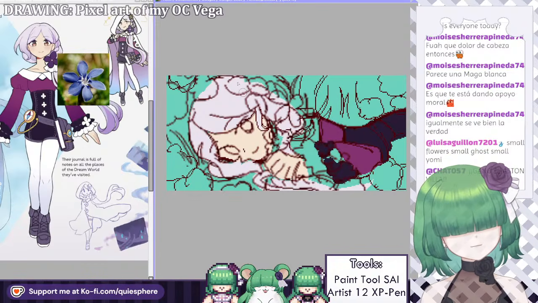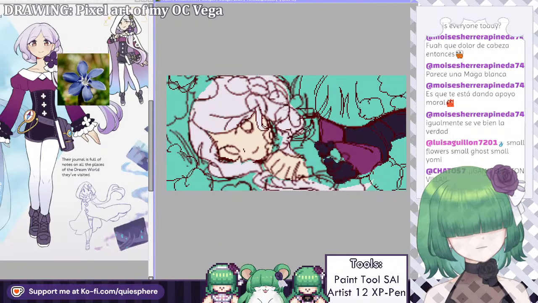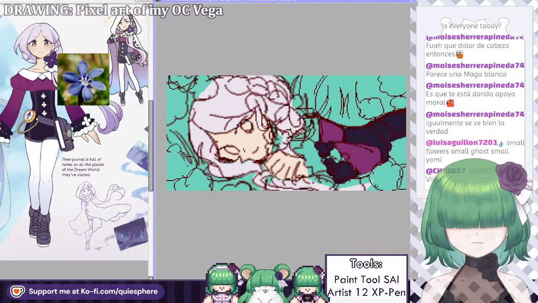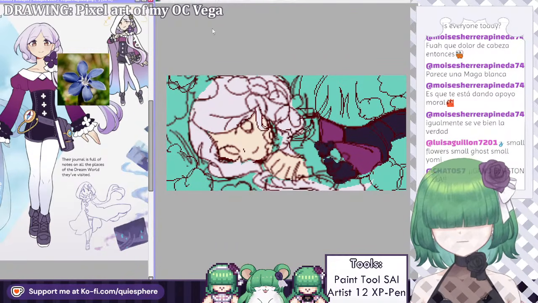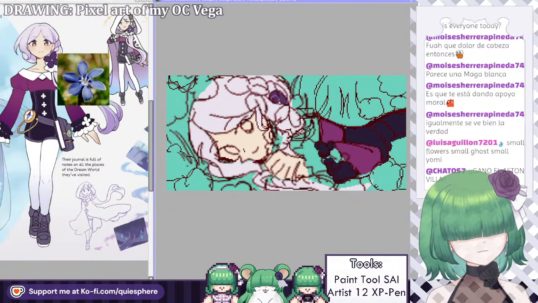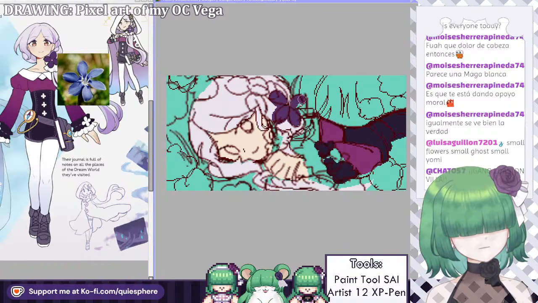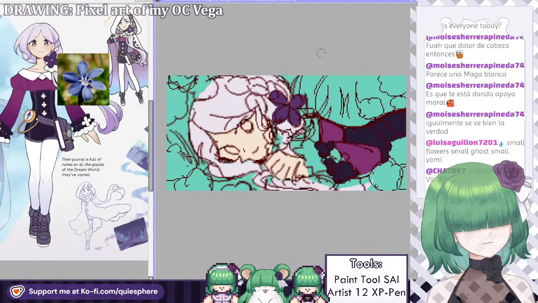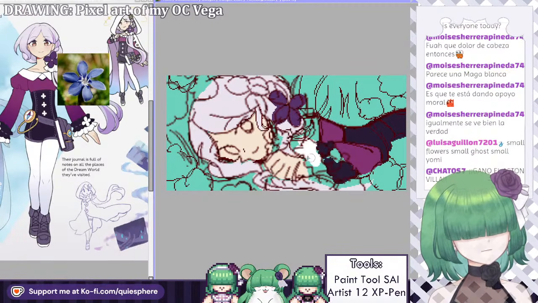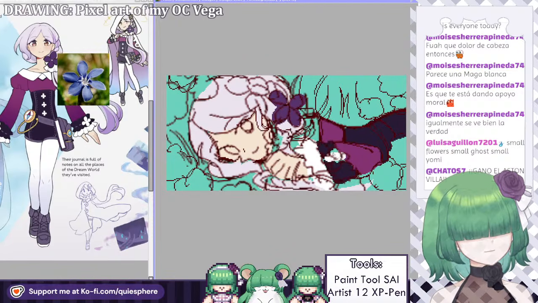Oh wait, this is the braid. Wait, let's try to keep the background and her separate, so we can change things as needed, when needed. This goes like this. And there's the border.